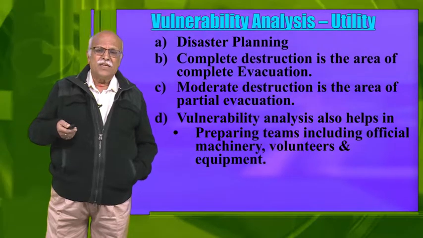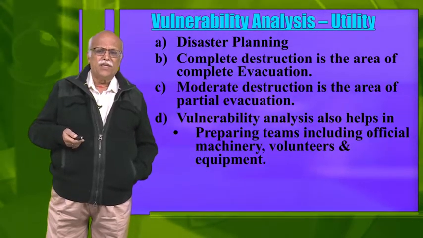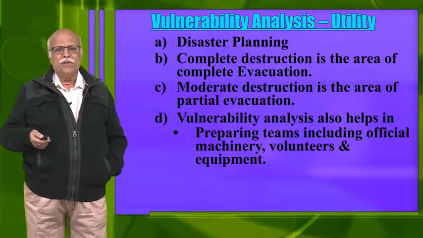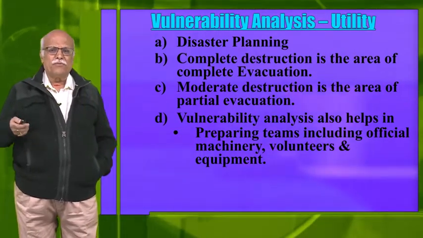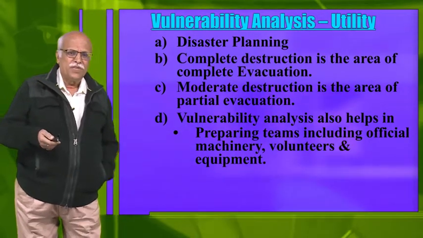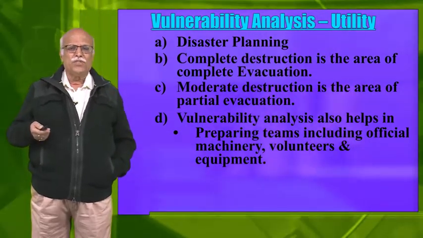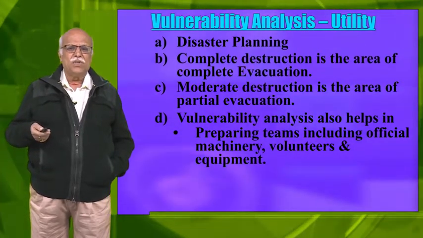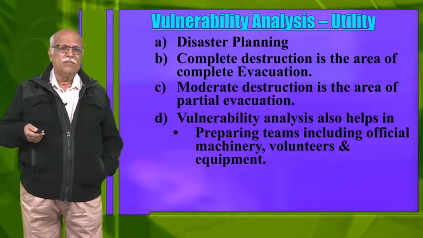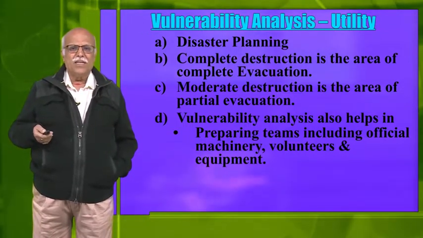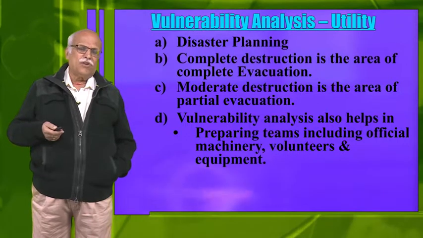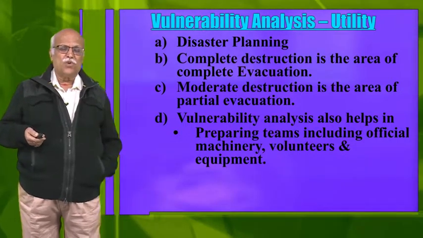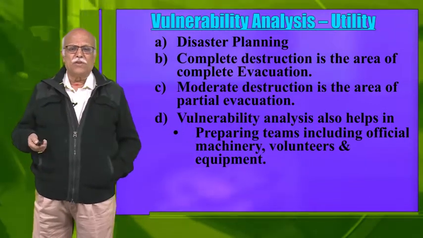In other words, as it has been explained to you earlier, one of the main criteria of a disaster is that there is a gap in the number of persons who are working for giving mitigating value to the persons who are struck by disaster. In other words, resource lacking. So this resource lacking can be made up by volunteers, and these volunteers have got to be trained, they have got to be equipped. Not only trained, but also given equipment.